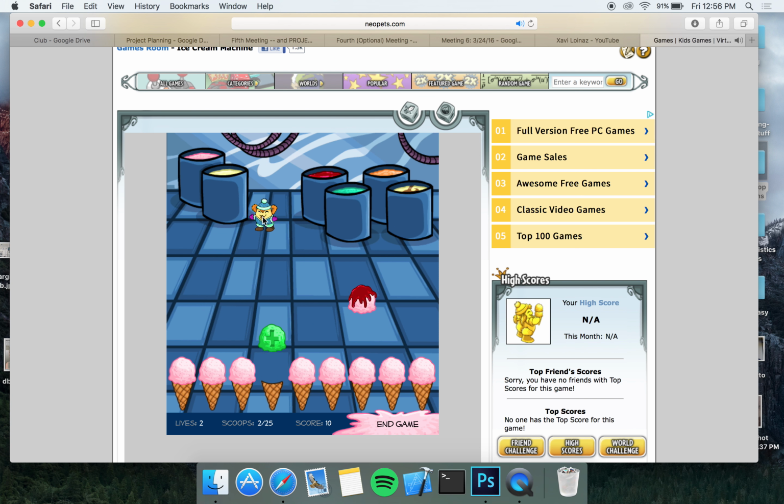Oh my god, I'm so bad. But you see that the object of the game is to just avoid the ice cream, right? You guys see that? Yeah. And then you get bonuses, and you have a certain amount of lives, and it's pretty boring in the beginning levels, and then you get a shield, simple stuff like that. I think it's pretty fun. Anyways.